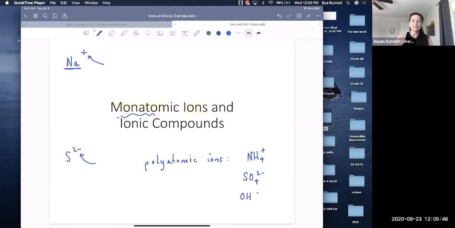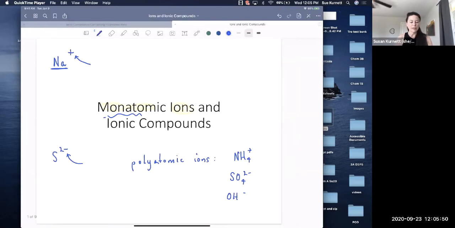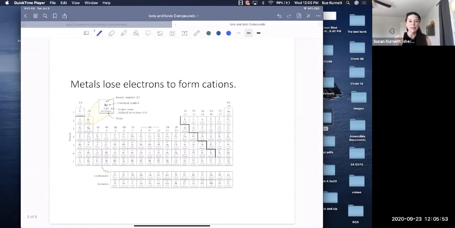So we're just dipping our toes into nomenclature, and we're going to talk about how to use the periodic table to make predictions so that not everything is being memorized. It would be a huge burden if you had to memorize 300 names to go with formulas that you see. But if you understand the periodicity on the periodic table, then you save yourself a lot of time.